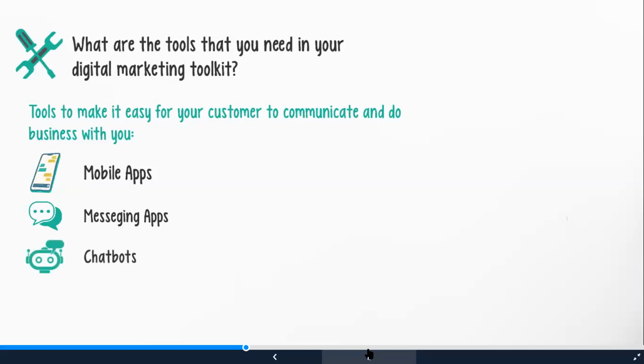Chatbots. Oh, personally, I dislike chatbots if they are not set up correctly. If you do decide to make use of chatbots on your website, just make sure that it's not set up in a way that is going to send your customer around in circles. It's always good to build a bit of humor in there because most of us know when we're chatting to a chatbot. So if you can build a bit of humor into your process along the lines of, "You are talking to a robot right now, I don't have all the answers. If you want to speak to a human, get back to us within business hours." That usually helps to take away the frustration associated with chatting with chatbots.